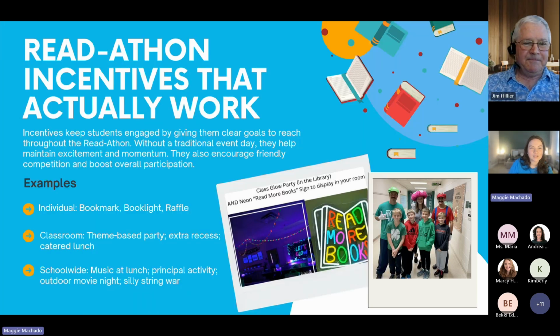All right. So we touched on these a little bit, but let's talk a little bit more about other ways to keep students engaged, which of course is through your fundraising incentives. They're important for any event, but similar to how a theme is very important for a readathon, I would say incentives are also very important because